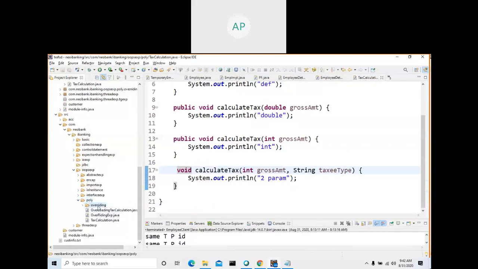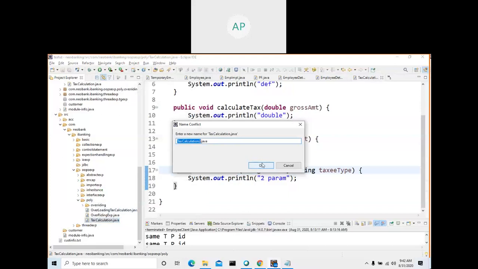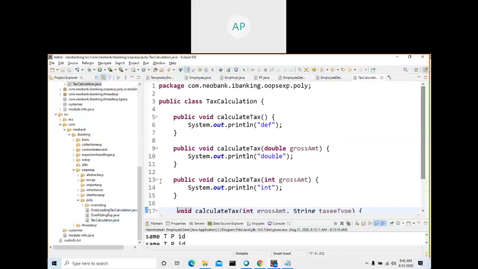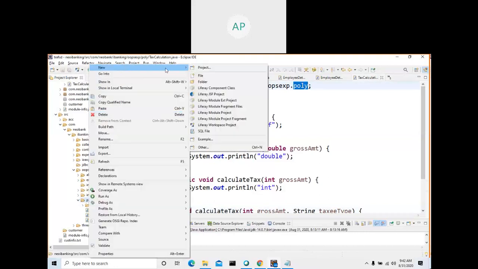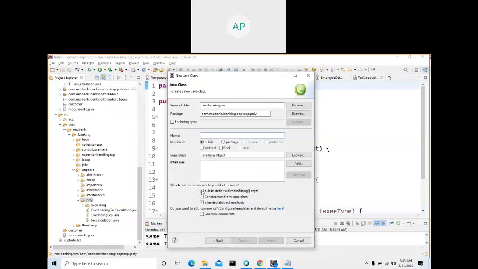Already it is in poly only, so it is in package poly. So in poly, let me create one client for tax calculation, in my other class, TaxCLI.